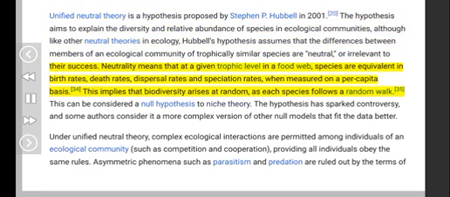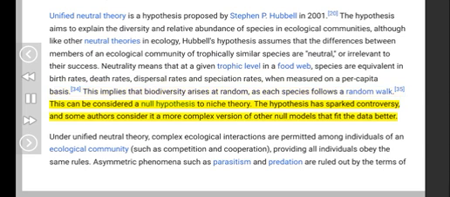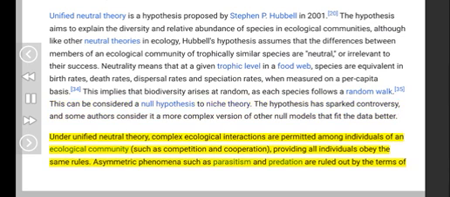Neutrality means that at a given trophic level in a food web, species are equivalent in birth rates, death rates, dispersal rates and speciation rates, when measured on a per capita basis. This implies that biodiversity arises at random, as each species follows a random walk. This can be considered a null hypothesis to niche theory. The hypothesis has sparked controversy, and some authors consider it a more complex version of other null models that fit the data better. Under unified neutral theory, complex ecological interactions are permitted among individuals of an ecological community, such